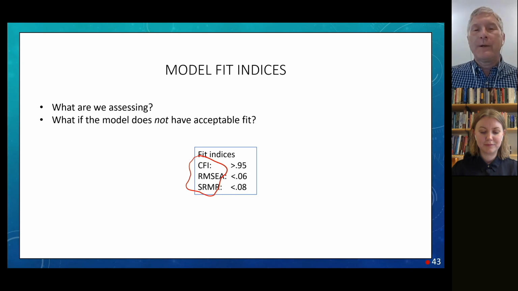But there's a whole literature out there that talks about when an index is telling you your model's doing a pretty good job, and when an index is telling you your model's not doing such a good job. And the really interesting part is that we have multiple such indices, and they don't always agree. Whereas previously, like Tove said, the p-value did all the thinking for you, here we gather evidence about in what ways our model might be successful and in what ways it might be lacking, and that is really diagnostic information.